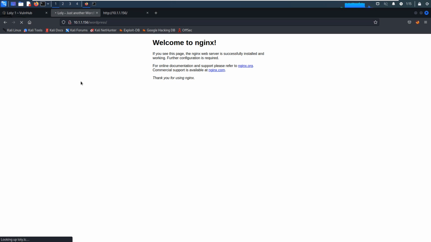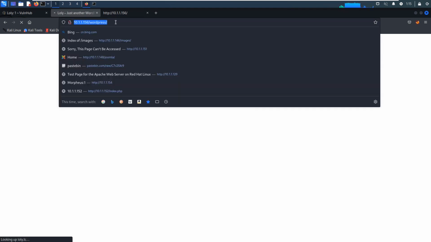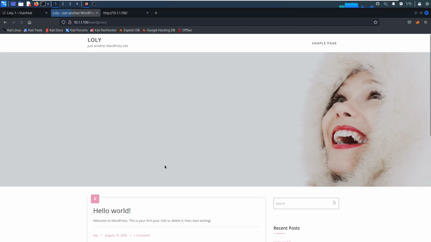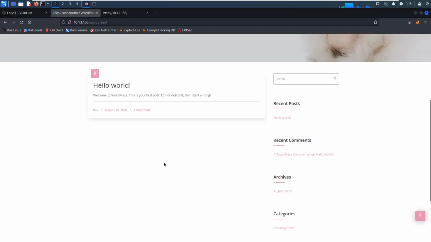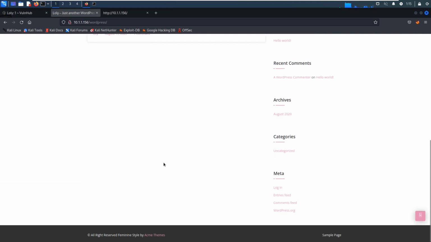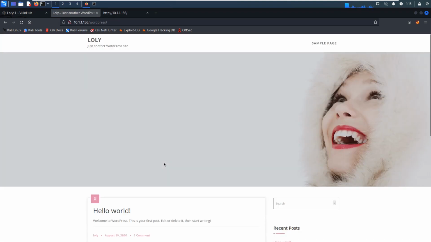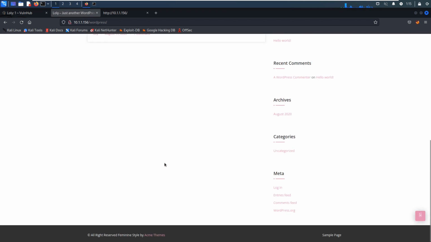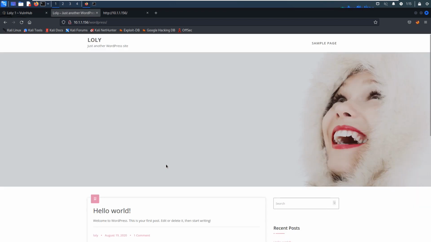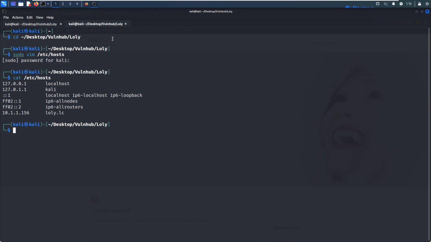The browser is still loading or rendering the page. Maybe we can refresh. Yeah, now because we have already modified the hosts file, the page of the target is presented to us. As you can see, this is another WordPress site, so of course the CMS is WordPress. And what we need to do now, we can